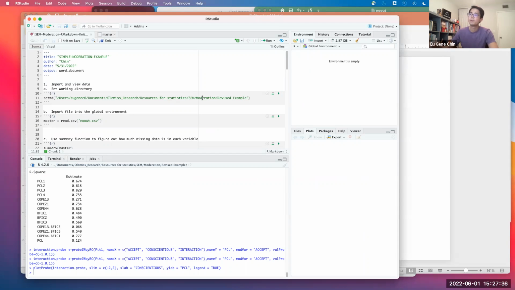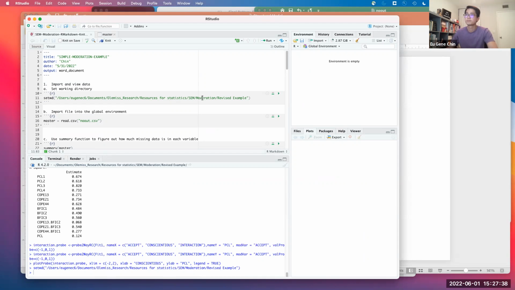So first of all, we are going to set a working directory, and this will be specific for each computer, on each local machine. Make sure you locate where your data set is in your computer. And typically you don't need to set your working directory, but sometimes I do, just to make sure. And then use the read.csv function so that you can call the data set.